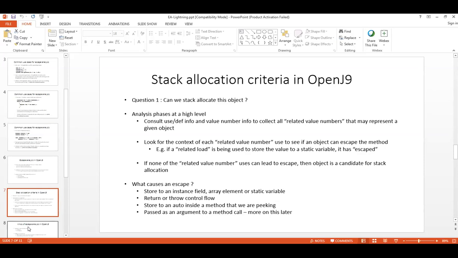We don't really do anything complicated there. If we lose track of an object that has gone into a called method, if it gets stored out to another local variable, we just throw our hands up and say, we don't know what's going on here, so conservatively it cannot be stack allocated. And if it's passed as an argument to certain kinds of method calls, I'll deal with method calls separately